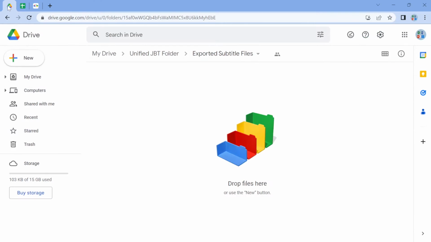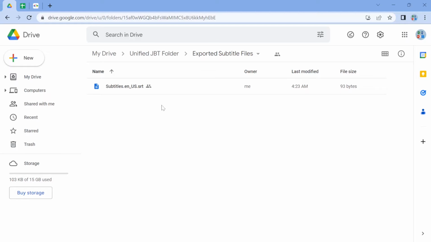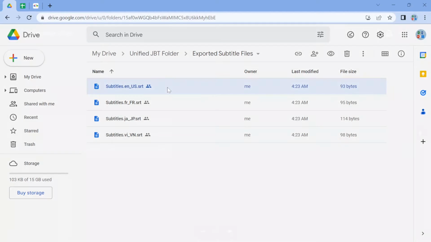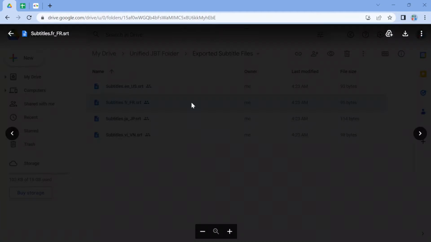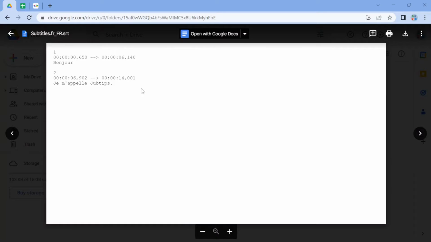And inside my destination folder, you're going to see that the files will generate themselves right here. I'm going to wait a little bit. It should have about 4 files. If I click on each of the files, you will see that the content is exactly as I have specified from my selected range. This is the French one, so exactly as I wanted.